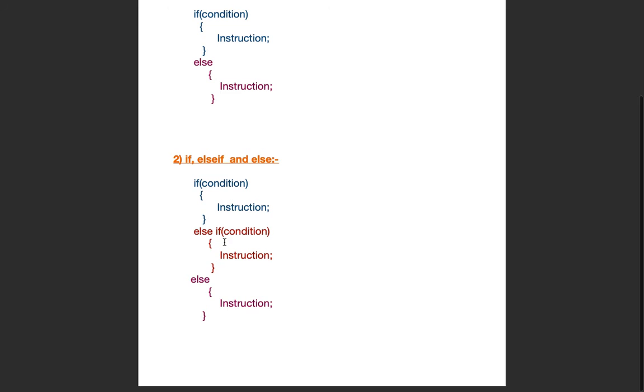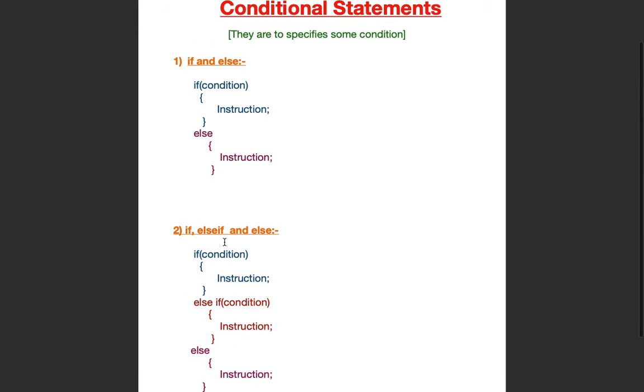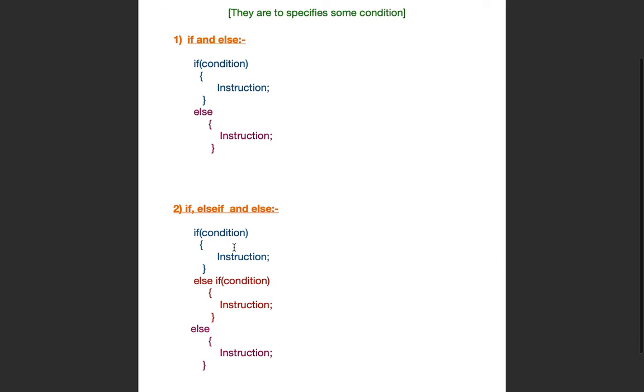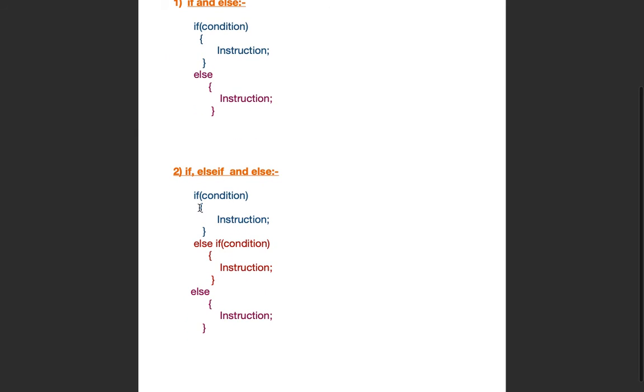I hope you understand this. Let's take a quick revision with an example. Let us suppose I have to compare the marks of 2 students. If the first one's marks are greater than the second one's, print first is greater. Else if second is greater than first, print second is greater. Else if both are equal, meaning m1 is equal to m2, print equal.